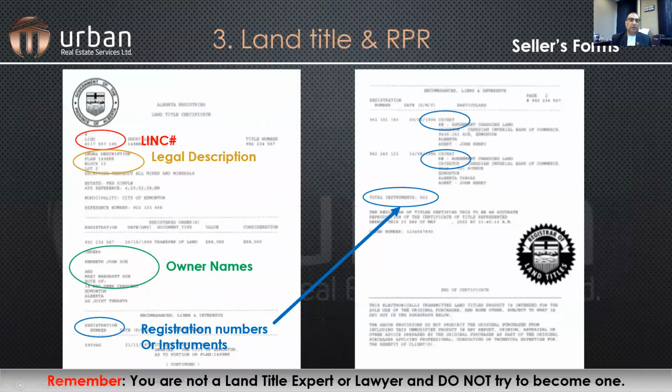Land title. First of all, you should be aware of land title. What is a land title? In Alberta, land title basically is a form, a certificate issued by the registries, the Alberta Land Title Ministries,